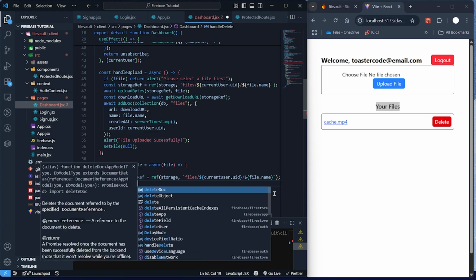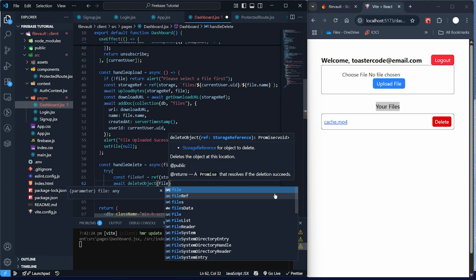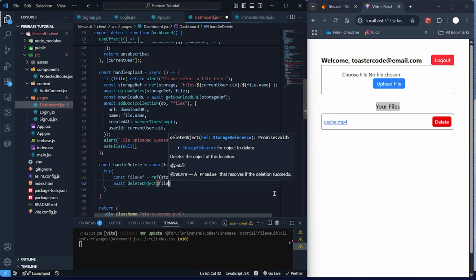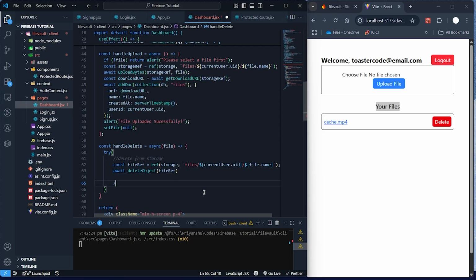Await delete object file ref. This will delete the data from the storage. I can add the comment over here, delete from storage. All right, but we have to delete it from Firestore as well. We are storing its metadata, right? So let's add that to delete from